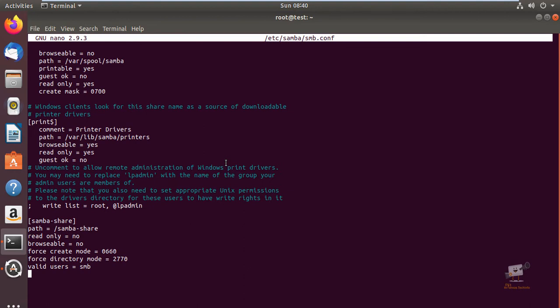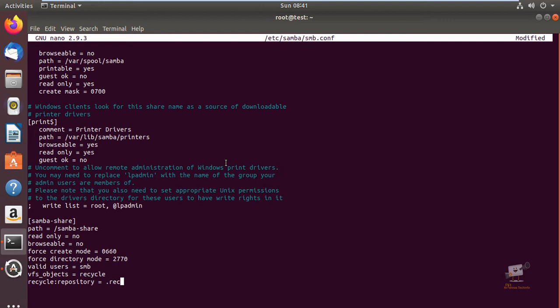Now we can see how to configure the VFS recycle. Add the following lines: vfs objects equal to recycle, and recycle repository. This is the path you are going to give for storing the deleted share files.